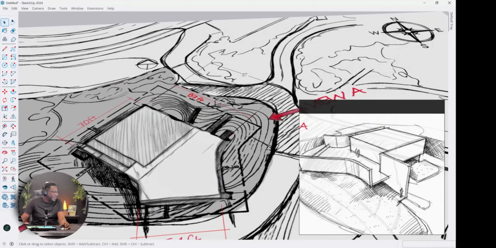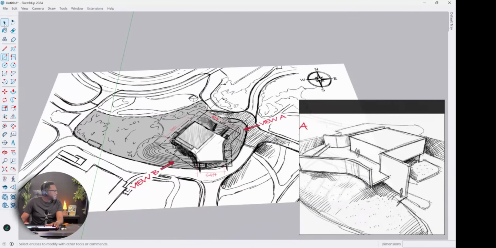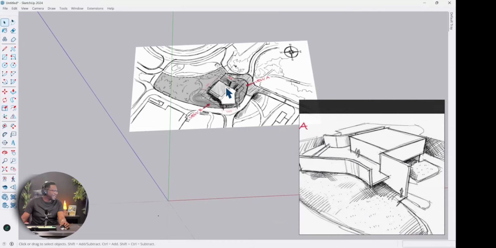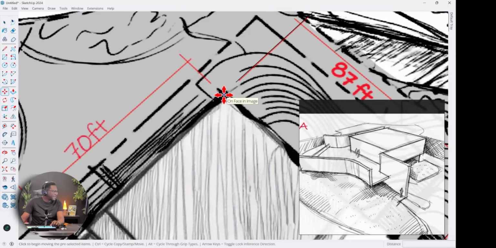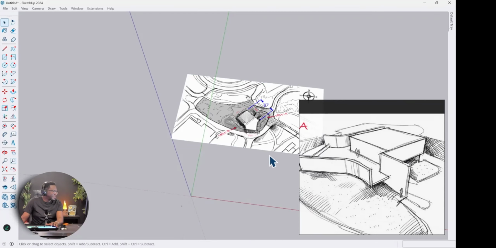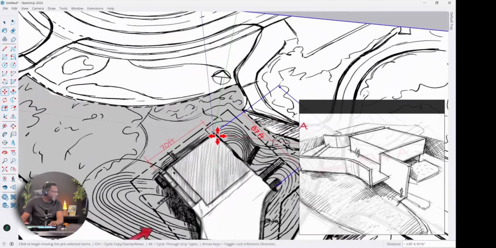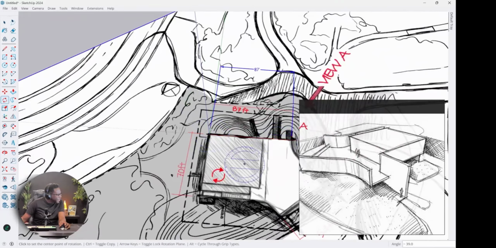In order to get these, well, first let's put this main space that's right here. So I'm going to grab my rectangle tool, and before I start to draw, what I want to do is align my building to the grid, because it will make it easier to draw this. So I'm going to move this model. Let me grab that dimension as well. So let me grab everything, and I'm going to grab it right at this corner here and stick that right here. Then I'm going to use the rotate tool and rotate this building. I'm going to grab this edge here and rotate it like that.